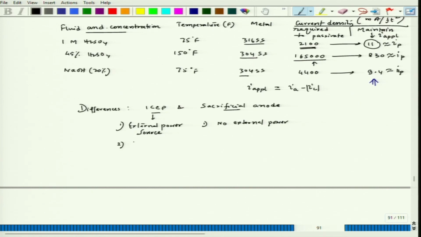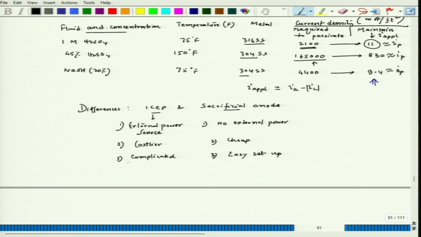This will be little costlier than the sacrificial anode mechanism, or we can simply say costlier, and this is cheap. Third, here it is very easy to install, easy installation or easy setup. This is complicated compared to